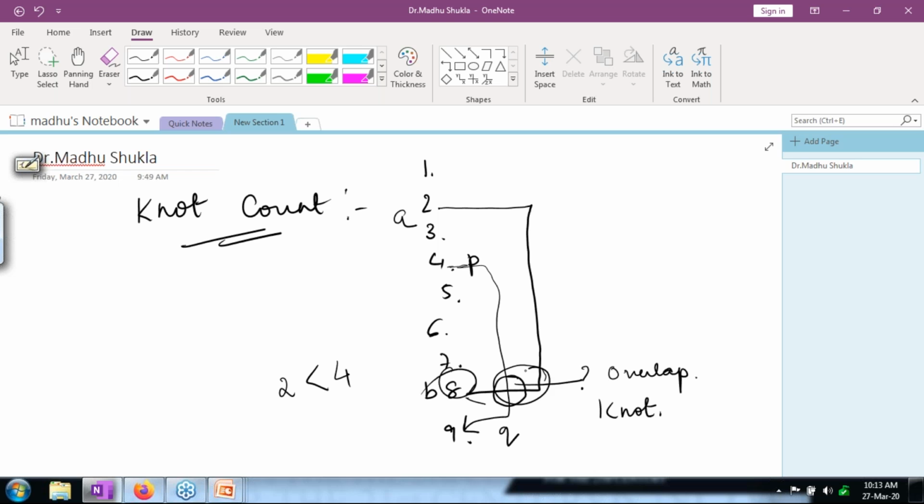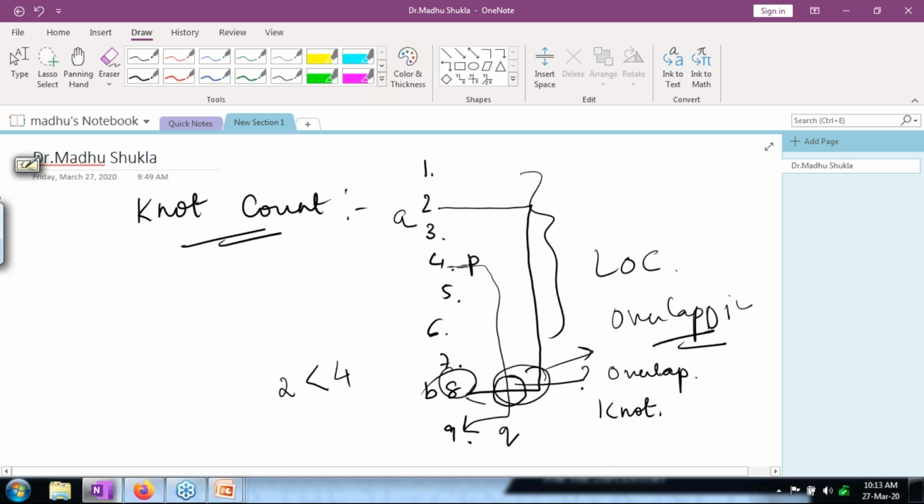Okay, this is a way to check overlapping because I cannot write lines of code like this and check the overlapping of code, construct, transfer. Now, the ideal case, knot count should be less than 10 in any program. If you go to some standard textbook, you'll see the control transfer.